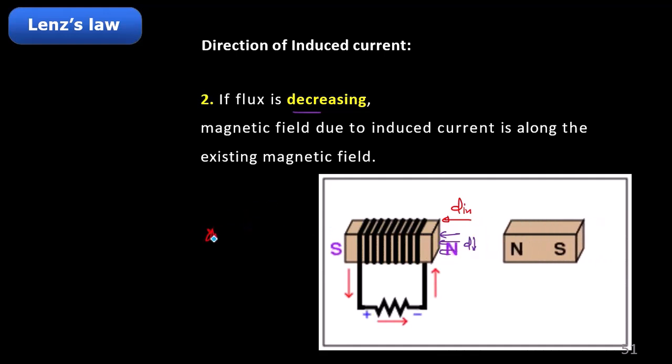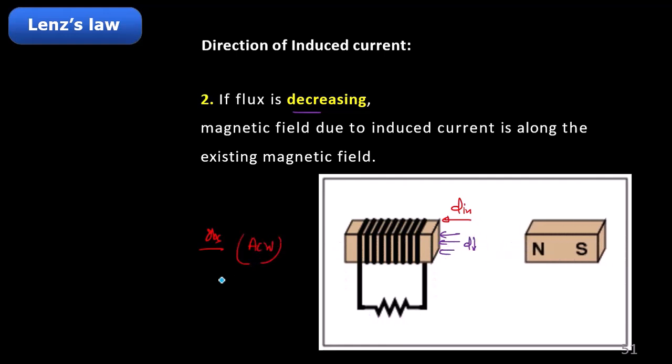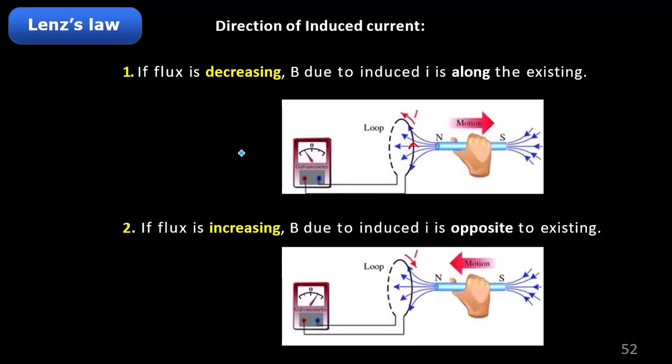As an observer who is placing himself on the left hand side, he will see that the current will now flow in the anti-clockwise direction. So this is the second case. These are the two possible situations: either the flux may increase or the flux may decrease. Depending on that, the direction of the magnetic field will change. So if the flux is decreasing,